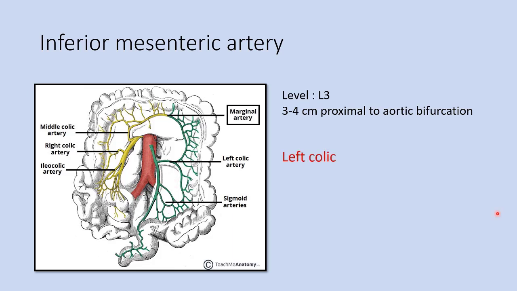The branches of the inferior mesenteric artery are left colic artery. You can see here they're all shown in green color. It has ascending and descending branches; the ascending branch anastomoses with the left branch of the middle colic artery, like that. This is the descending branch, and it has sigmoidal branches, 4 to 5 sigmoidal branches, and the terminal part is the superior rectal branch. So these are the branches of inferior mesenteric artery.